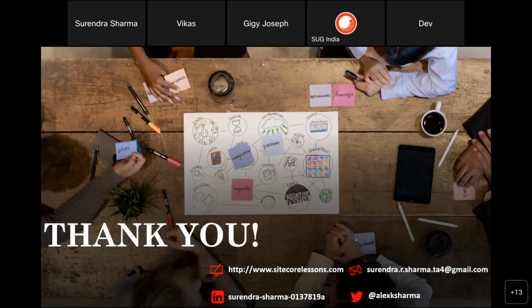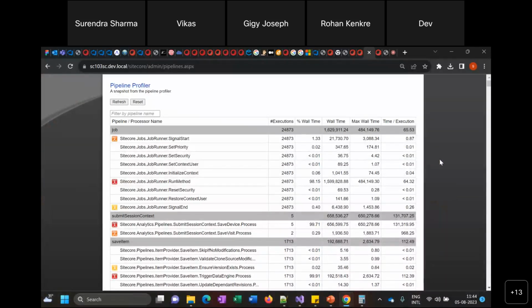I think there is one query, Surendra, in the chat from Vikas. How to optimize a pipeline if you see it is taking so much time in the pipeline profiler? For that, you just need to check how much time. You can see here the last column. This one you have to always monitor